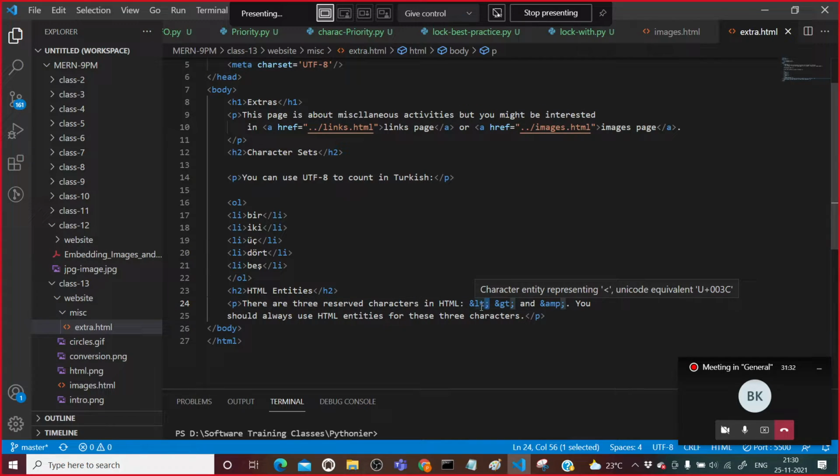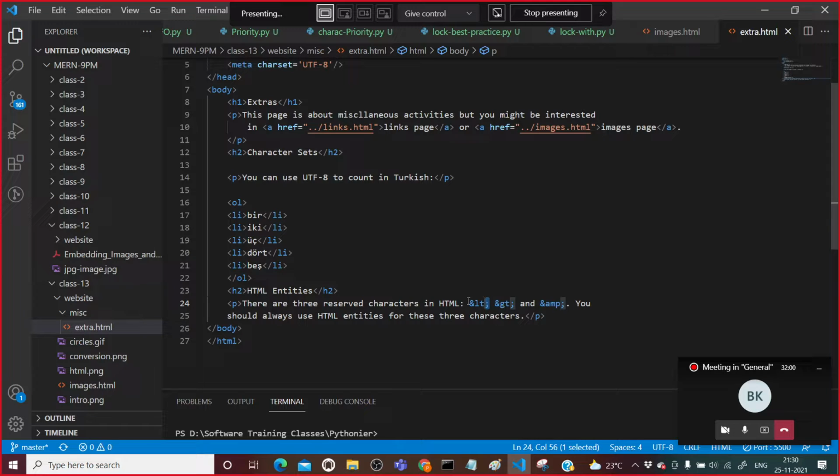This LT entity tells that I am going to create a less than character, this GT entity creates a greater than character, and this AMP creates an ampersand character.